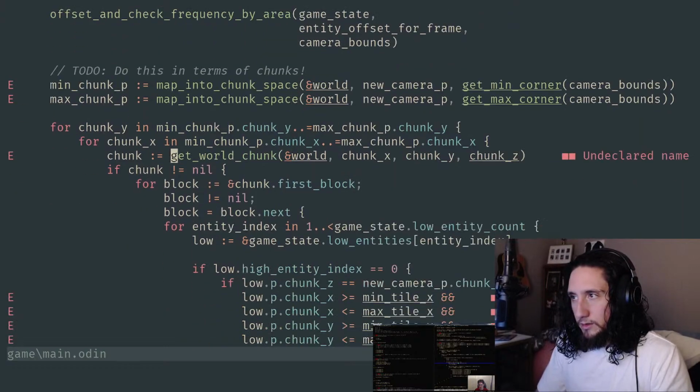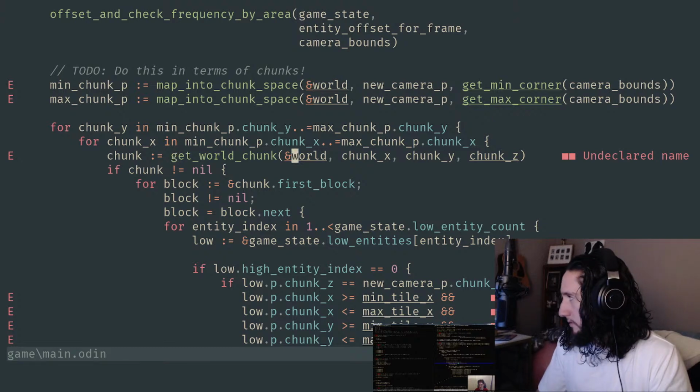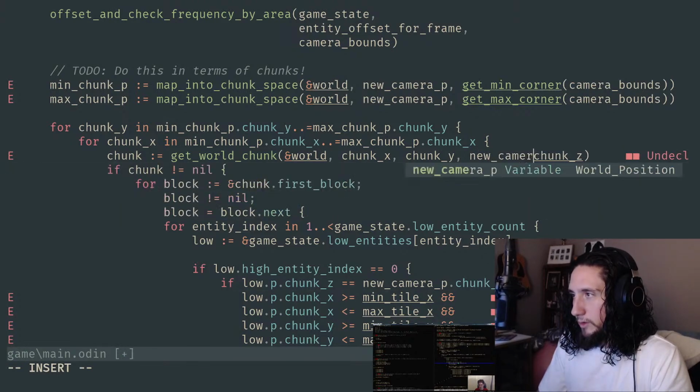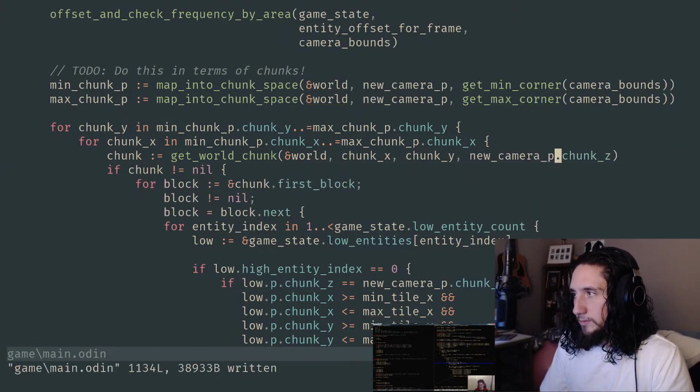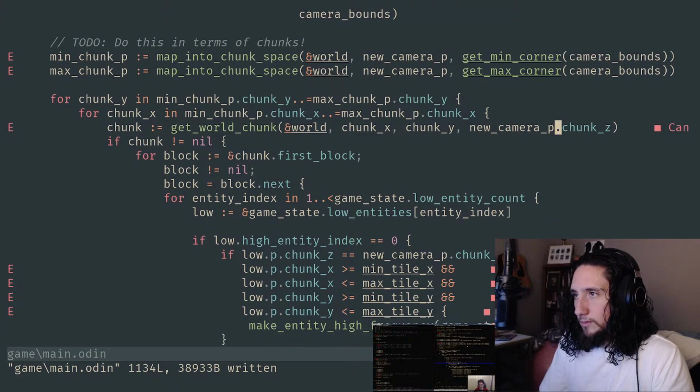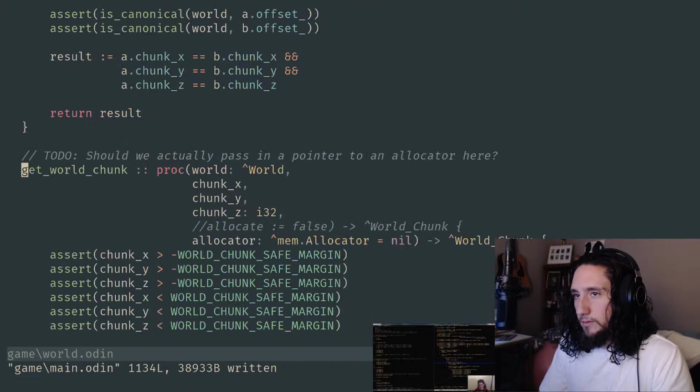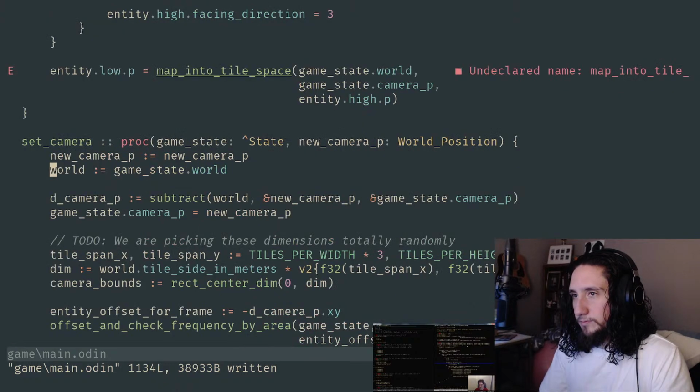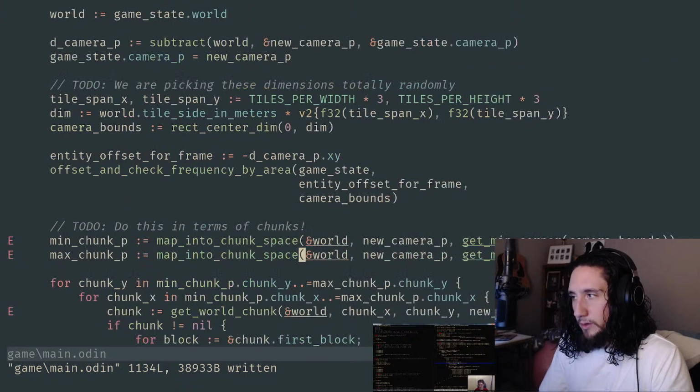Then, oh, because we don't have chunk Z. Did he already? Oh, okay, so he's just passing it in off the new camera P. Now what? It definitely needs to be a pointer. Well, I guess I didn't bother to check if this is right here.